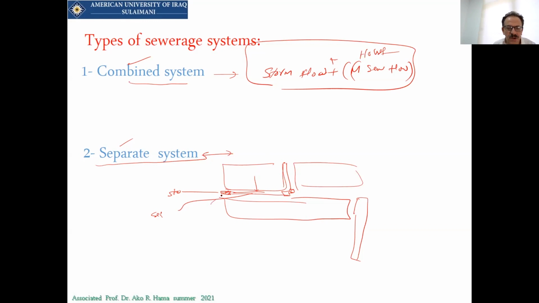We just have to have the collection of the rainfall storms into these manholes. What the people should do is have another pipe, another storm sewer collection, which is called separate. So usually if you have a separate system, you have to have two pipes, one for the storm, one for the municipal. That means you will double the design of the sewer. So for the combined, the cost will be half of what we have in the separate system. Is it clear right now?